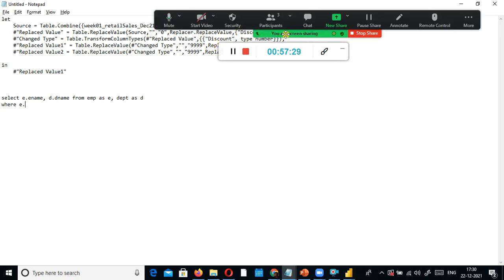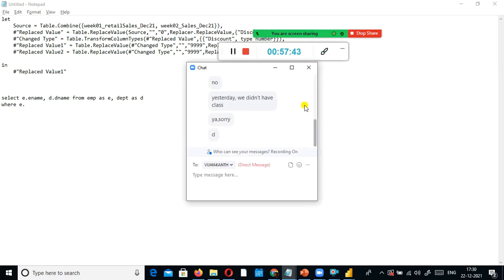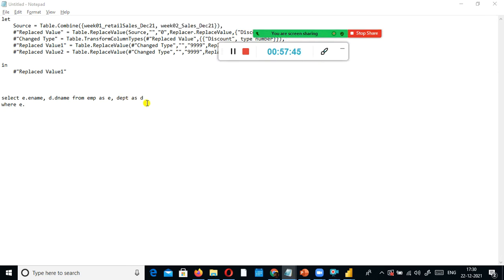In the department table we have the department name, D name, but in the employee table we don't have the department name. That is what we discussed as part of SQL. If I want to extract the department name, we need to extract it from D, right? So you need to merge these two tables. How do you merge?